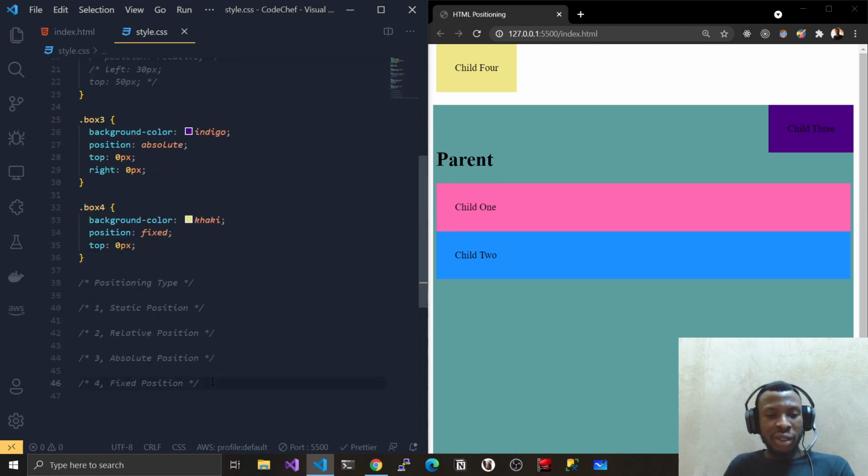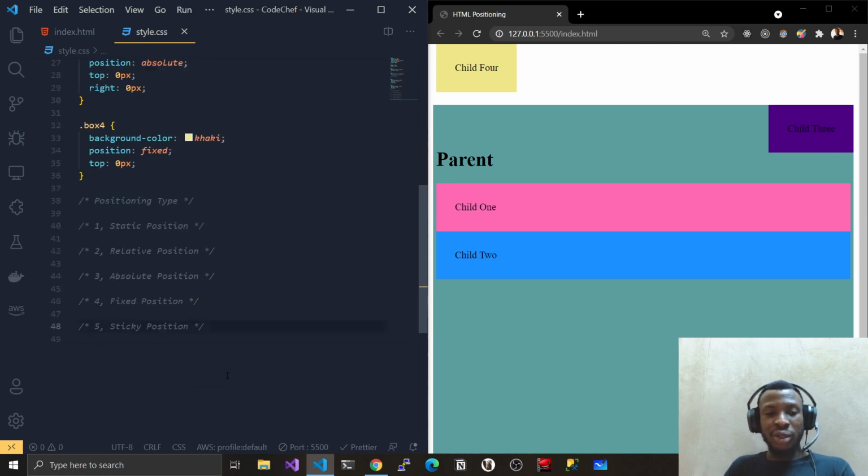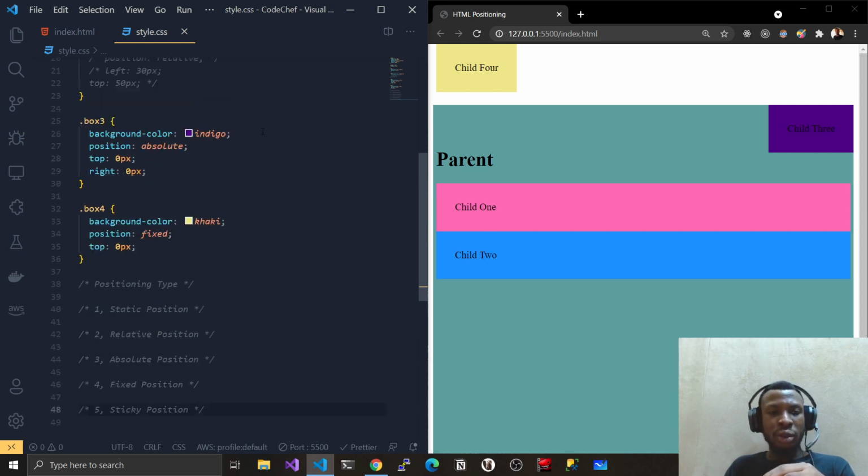So there's this last type of positioning that is really not so much in use, but it is important for you to know in case you have a use case for that. It's called sticky position. Now, what sticky position does is it combines both your fixed position and your absolute position. So if you give an element, let's give child 2,